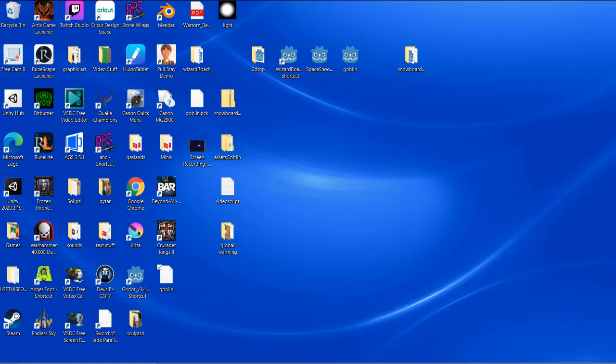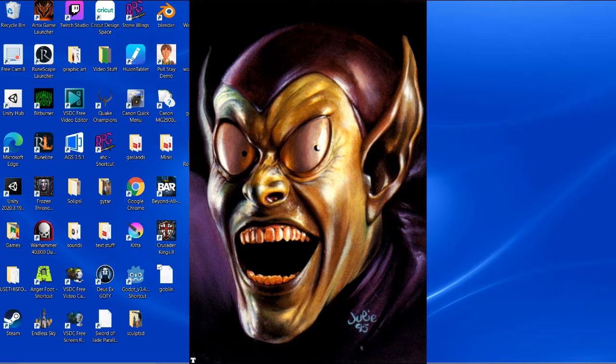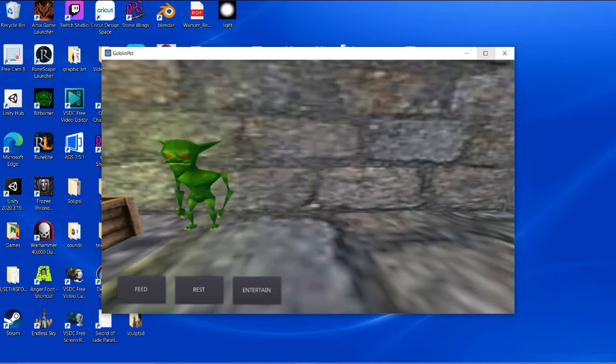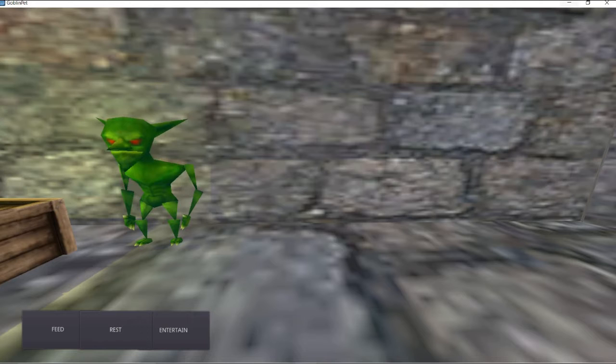So I was looking around at the free assets on itch and saw a goblin. And I was like, what more perfect dark fantasy serial killer pet than a goblin? Now this is a huge step back from